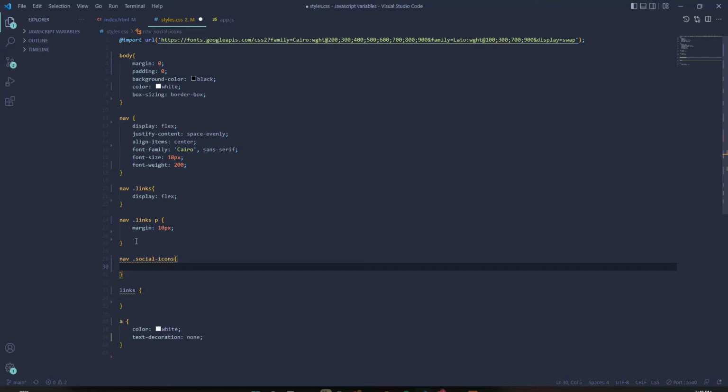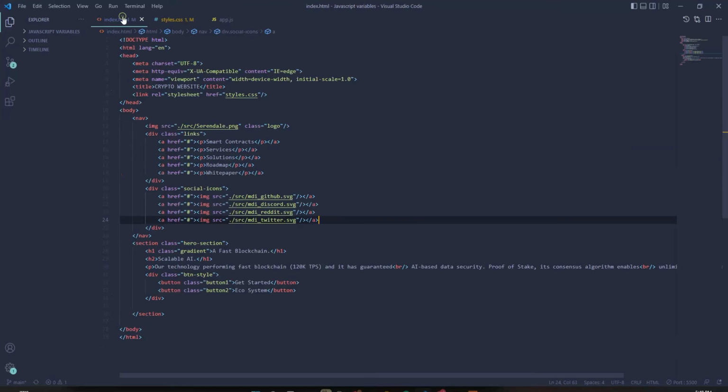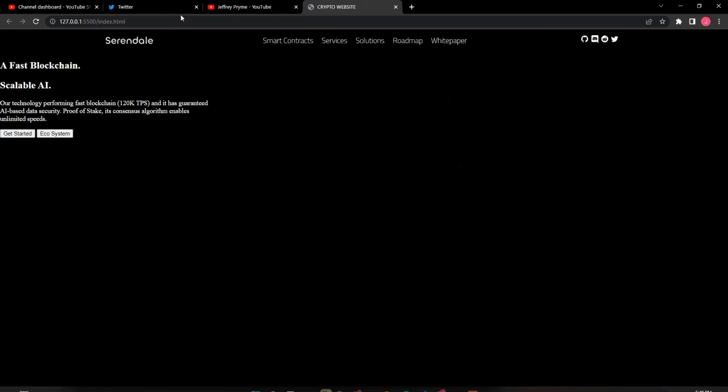And we want to give that a margin of 10 pixels as well, 10 px. Save that. Let's go back to the HTML just to confirm it's social icons. Yes, it is. Alright, so go to our design. It should be spaced out now. It isn't for some reason, so